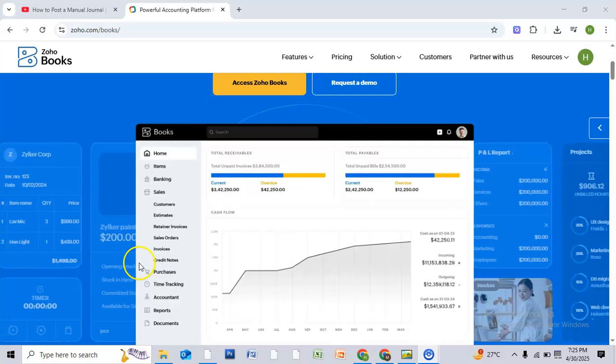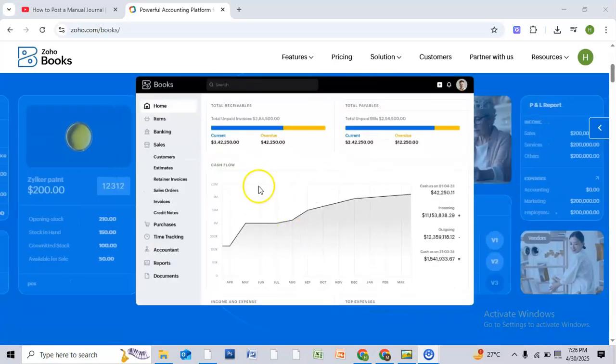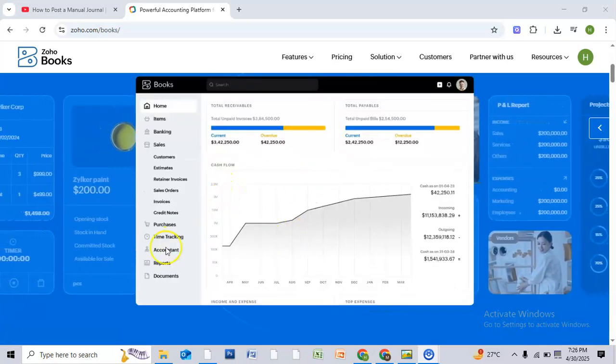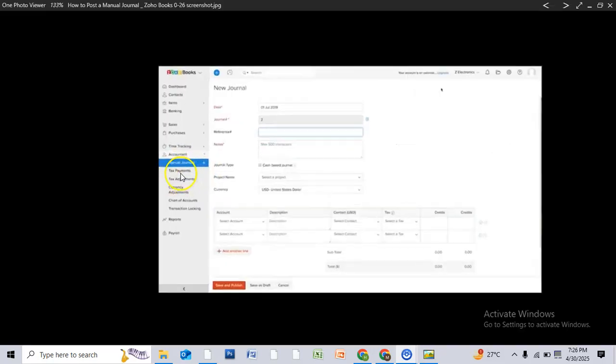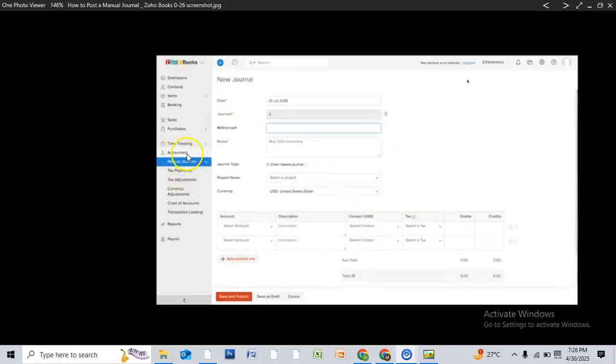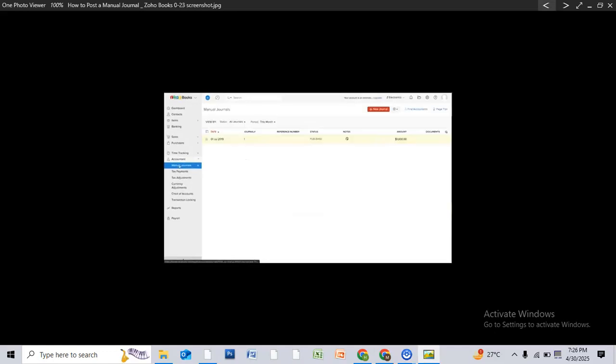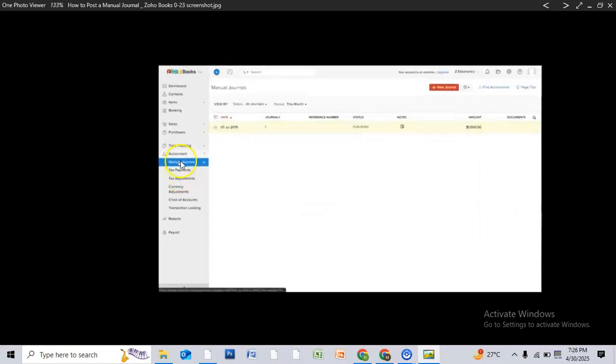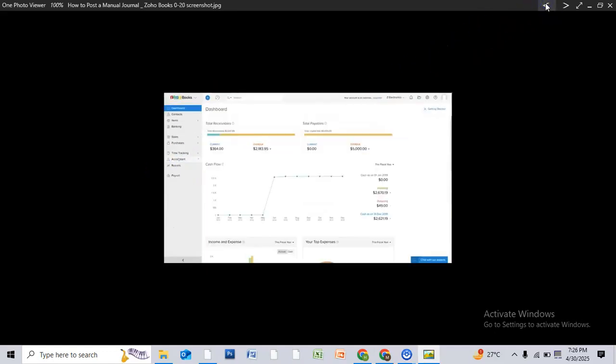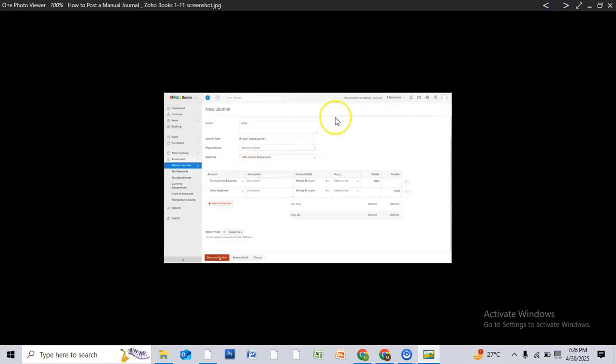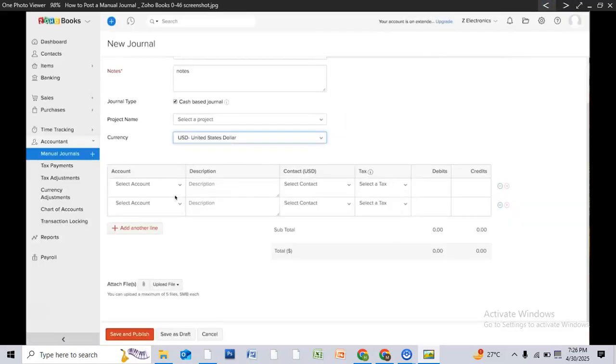It's a very easy thing to do. For this, first open Zoho Books, then go to the accountant section, then select manual journal from here. Then after selecting manual journal, select new journal, then select notes,